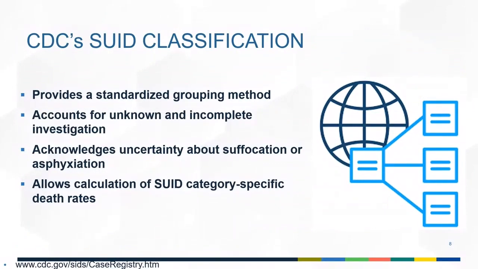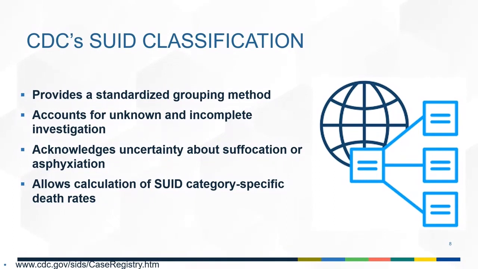Another goal of the registry is to categorize SUID cases using a classification system and standardized algorithm that was developed specifically for the registry. We created the CDC SUID classification algorithm to facilitate consistent and objective evaluation of cases by providing a standardized grouping method to allow for consistent monitoring of SUID, to account for unknown and incomplete investigation information, which can inform improvements to case investigation, and to acknowledge uncertainty about how suffocation or asphyxiation may or may not